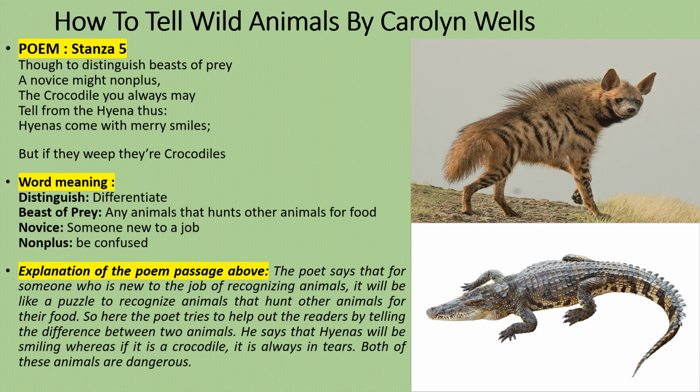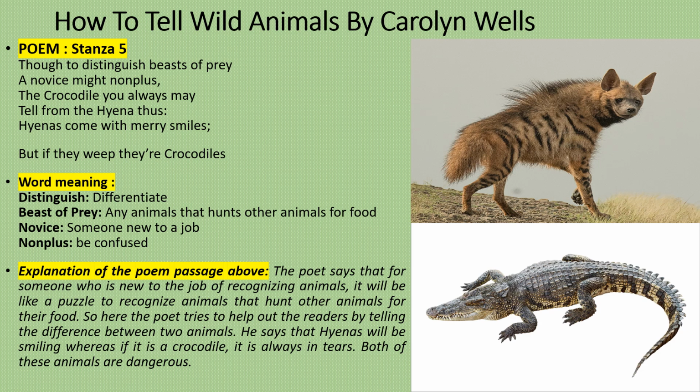I feel this is one of the funniest stanzas of the poem. Here, Carolyn Wells is telling the readers, the travelers, the visitors how to distinguish between the beasts of prey. If they meet a beast of prey, here definitely two are mentioned. How will you distinguish? If you look at the animal and the animal is smiling, you should be sure you have met a hyena. And if you see the animal and the animal is crying or weeping, then you be sure you have met